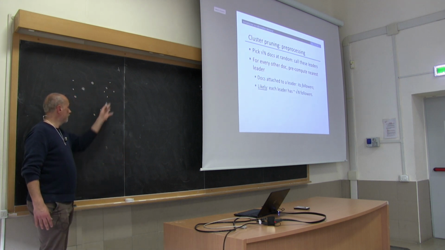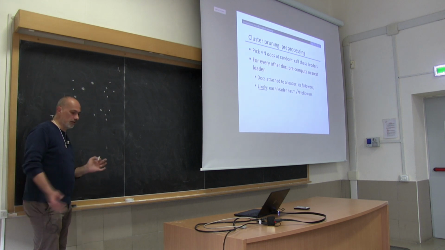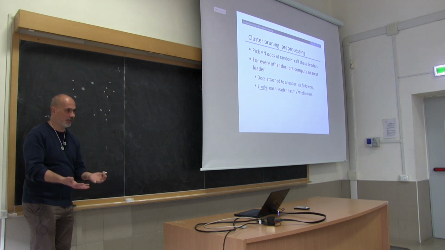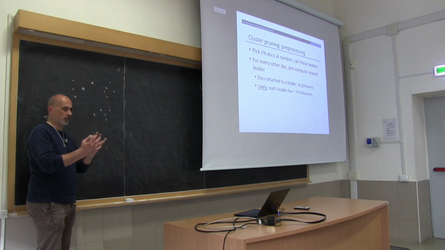And actually, if you are able to look at these points in multiple dimensions, in hyperspace, you would perhaps see some form of clustering. So, what does it mean? That some documents are similar to each other. They more or less talk about the same things. And visually, they will appear closer to each other than the rest of the points. This is called clustering.